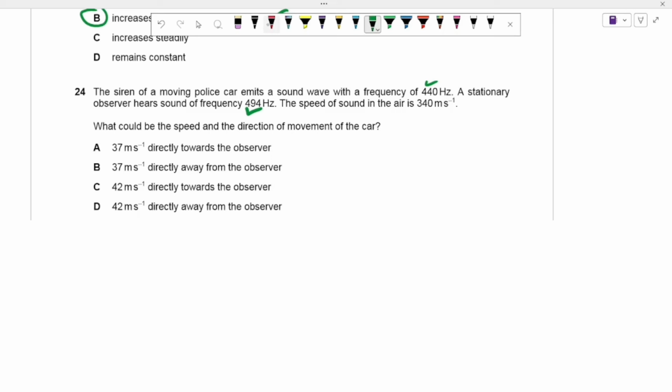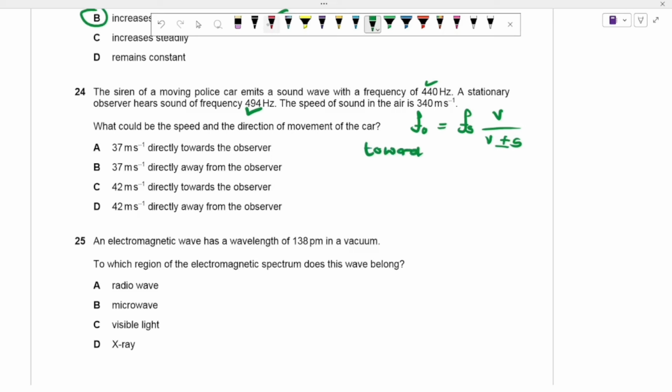The Doppler effect equation says that my observed frequency is going to be my frequency of the source times the velocity of the sound over the velocity of sound plus or minus the source. If you're moving towards, it's going to be V minus Vs. If you're moving away, it's going to be V plus Vs. My observed frequency is 494, and if we establish that they're moving towards, because the frequency is increasing, then 494 is going to be equal to 440 multiplied by 340 divided by 340